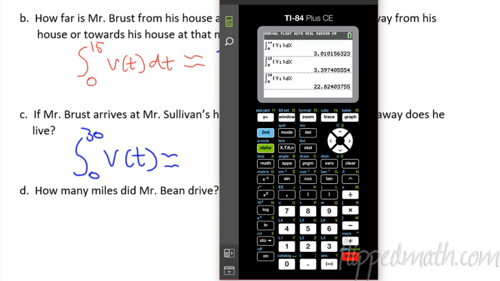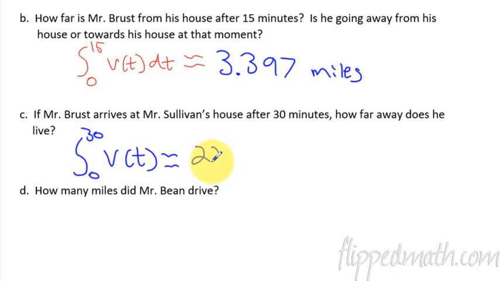22.824, whoops, 24 miles. That is how far apart they live because we're just taking the displacement from 0 to